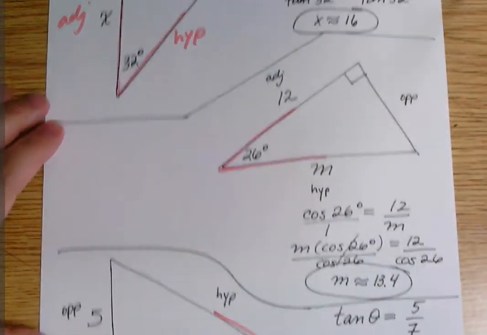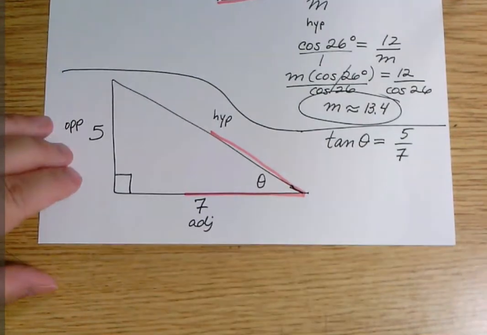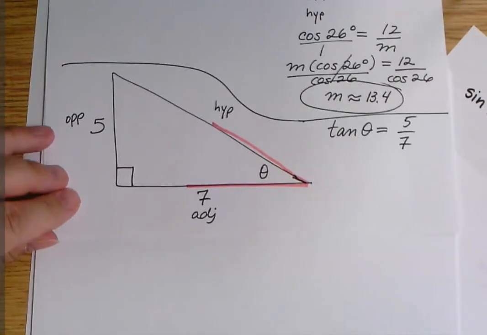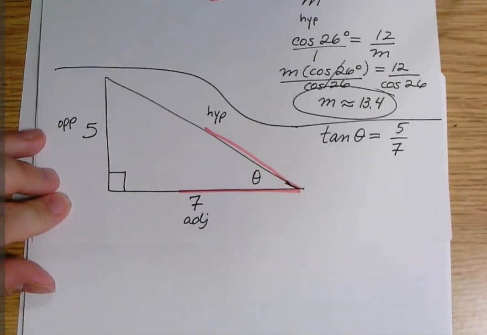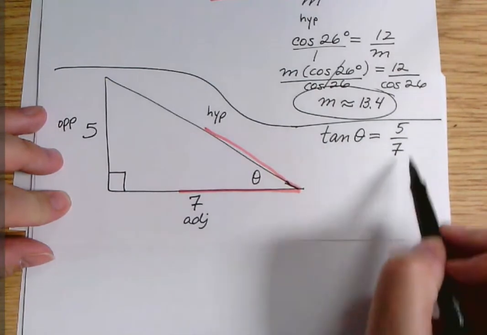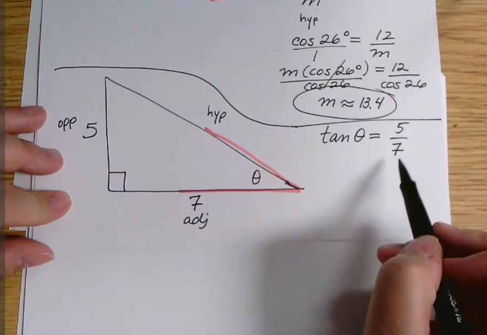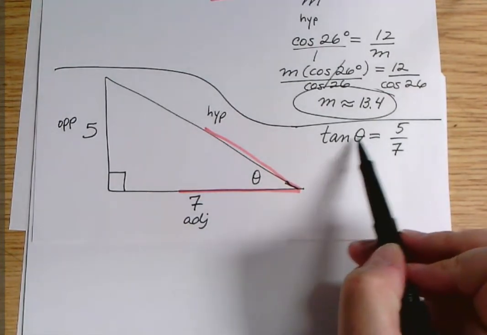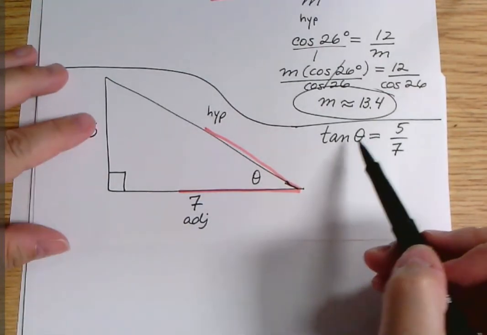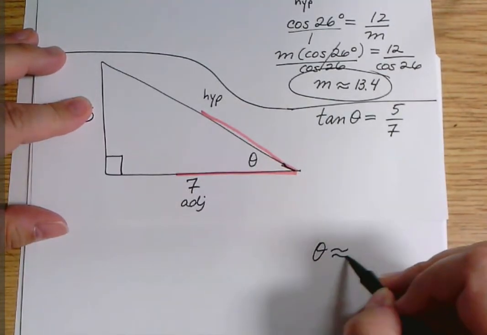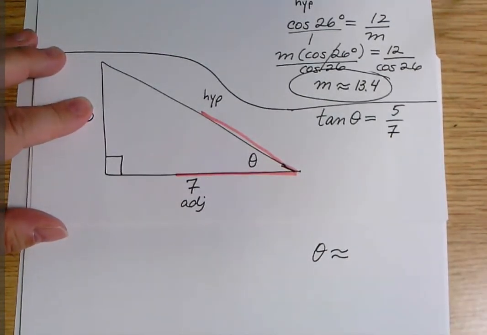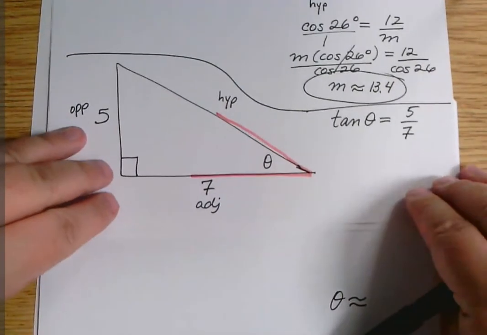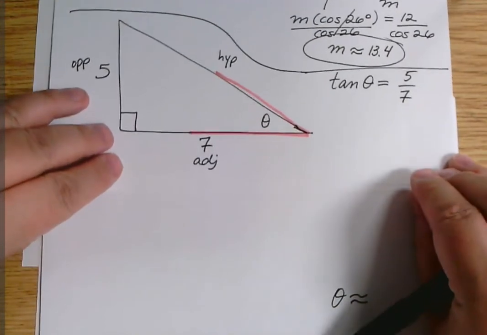Okay, so just in case you have already learned how to do angles, or if you just want to see a preview, let's go ahead and do this one. We set it up. We knew it was going to be the tan. And now we're ready to solve. Here's the thing. We're not going to cross multiply, because if we did cross multiply, we still wouldn't know what to do because we have to get this tan away from this angle. We want our final answer to just say the angle is however many degrees. So here's how that works. When you have to solve for a missing angle, and this is the only time you do this, when you're finding a missing angle,